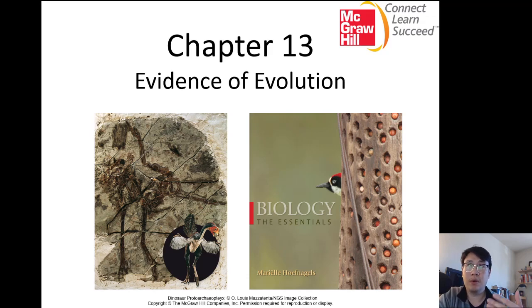Then animal development is about once those gametic cells are fertilized, how does an embryo form? So that's the process of embryo development. Once the embryo is developed and turns into an organism, what are the forces that cause a population in general over time to change and to adapt and to evolve? That was the last chapter. So this chapter is about how we know evolution actually exists, and this is the whole theory of evolution. So let's just get started right now.